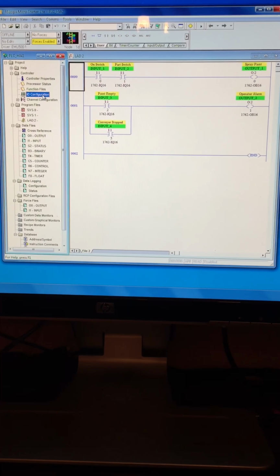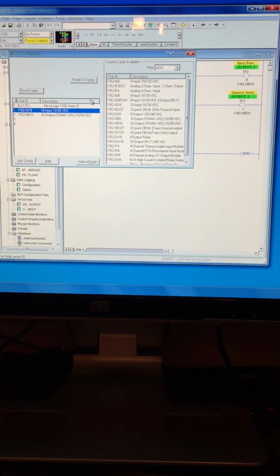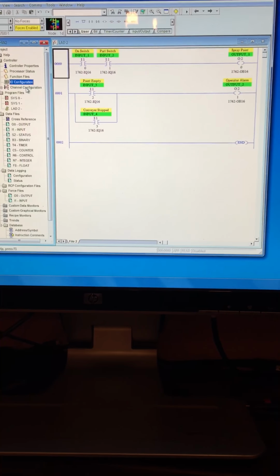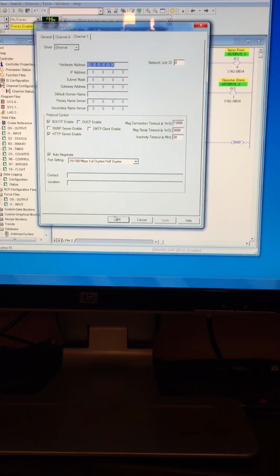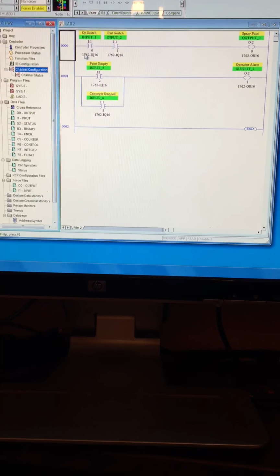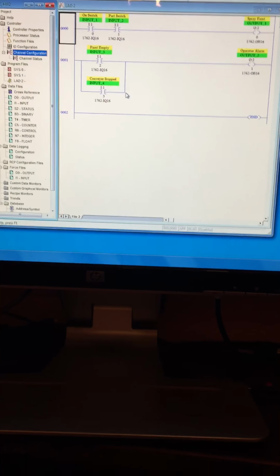You want to configure your settings here on IO configuration. Make sure you have a 16 input and 16 output, and the same for your channel configuration. You want to make sure you have all your parameters right. So then you go on to adding a rung and adding a branch to it,